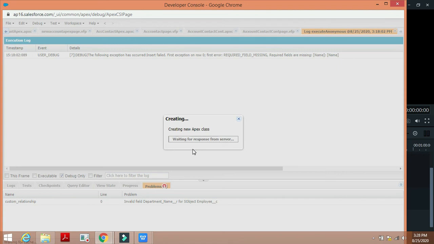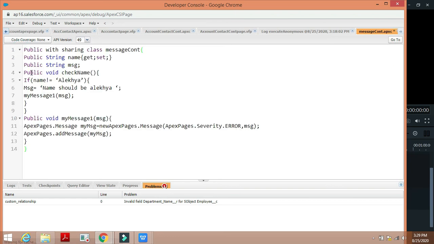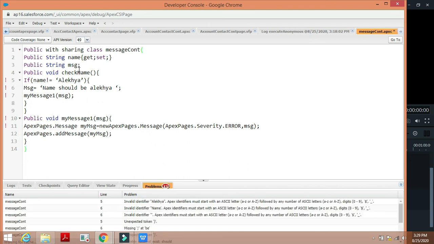So here one error is there in the class. Unknowingly, I got some errors in this. So later I realized and then I corrected the error. In this myMessage1 method block, inside the brackets we have to include the string as well.